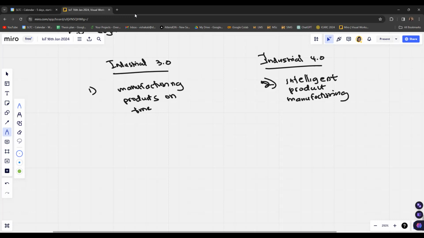Rather than just manufacturing, maybe you can get some feedback from the network. Based on the feedback, you can adjust your decisions so that you can give more quality of service to the customers, and also at the required time.